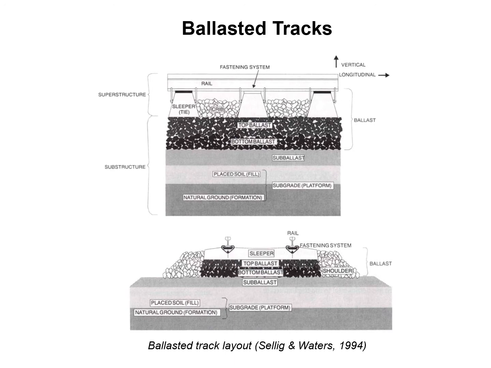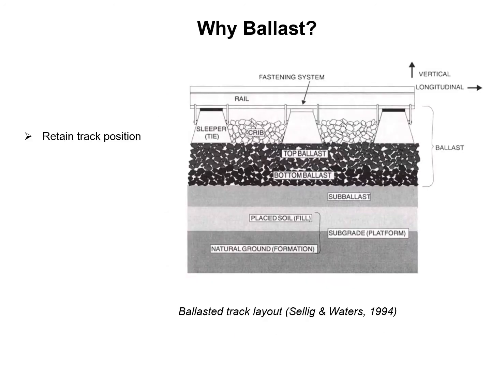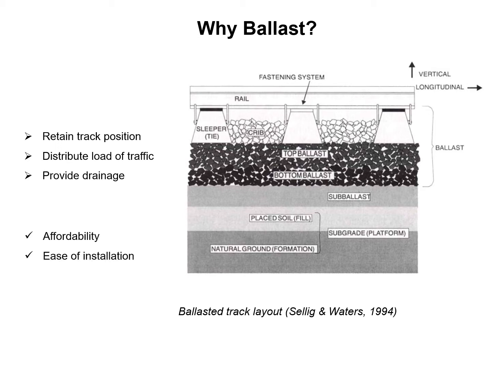This constitutes the substructure. The ballast is used to retain track position, distribute the traffic loads to the substructure, and provide drainage for the superstructure. The choice of ballast material is justified by the material's affordability and availability, the ease of installation, and its natural